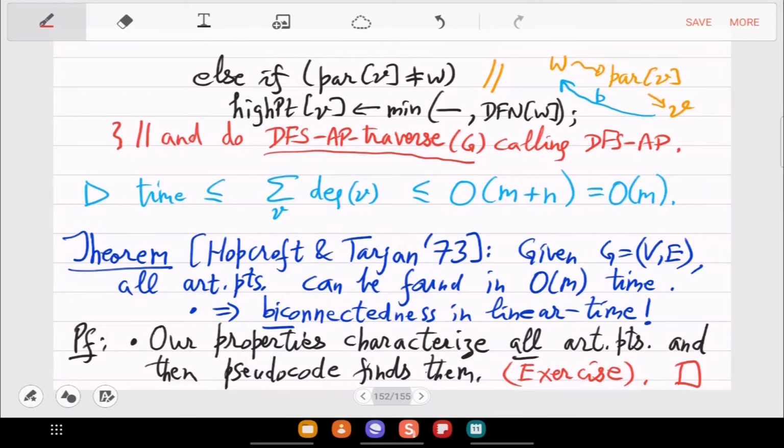Right, that property means that V is an articulation point. So that is one lemma that we have shown. So embed that lemma. So hence articulation point array will also be correctly computed. Okay, and finally show that the for loop is running degree of V many times and sum of degree V is number of edges.